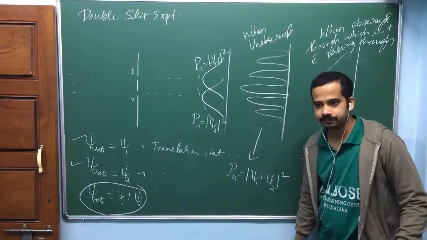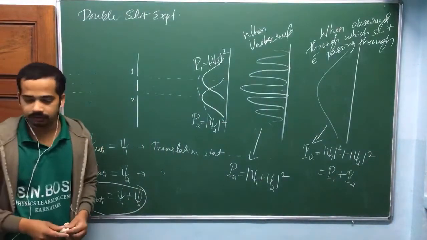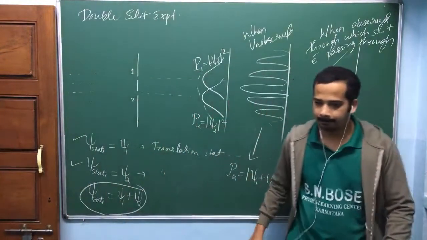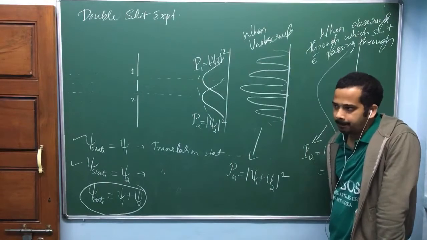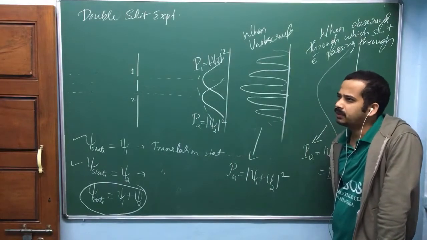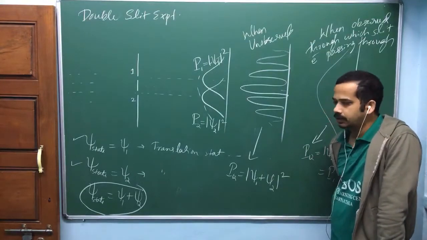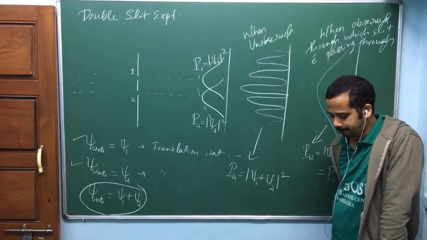Is that clear? Okay, sir. So this is the idea. Sir, the collapse of wave functions is only due to the disturbance created by the photon, right? Yeah, the collapsing of the wave function is because of observation or measurement. You can say like that. I mean, it's only because of the photon that disturbs due to its momentum. That's the only reason behind this collapse of the wave.